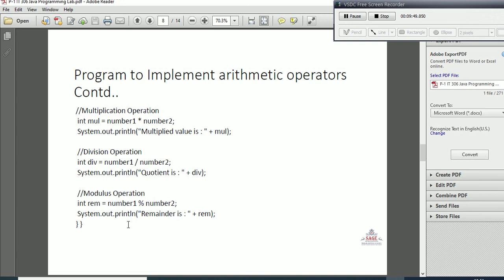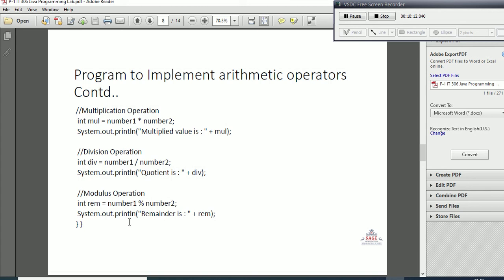Then the modulo operation, you know very well, gives the remainder. So I take one variable named rem, again of integer type, and rem is equal to number1 modulus number2. This is the modulus operator. It will divide the number1 value by the number2 value and give the remainder.